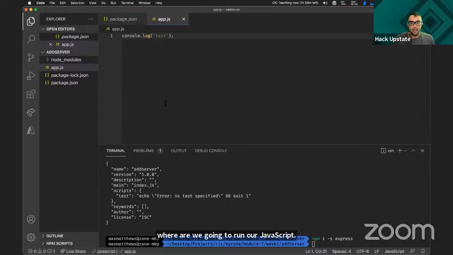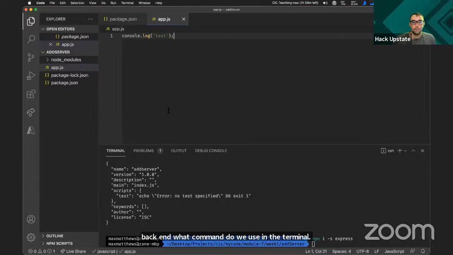The back end. Yes, Latonia. So if we're using it on the back end, what command do we use in the terminal? You guys have already used it. Kyle, you got it. Node.